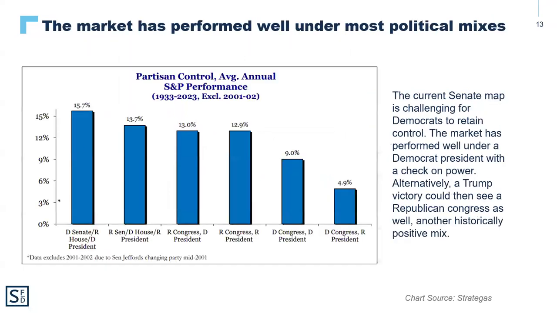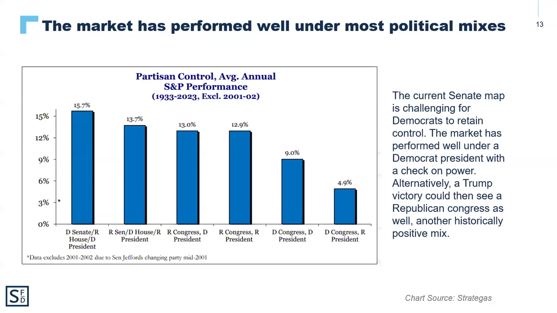And when push comes to shove, the market's been able to perform well under a variety of political mixes. This chart is showing the different mixes between the presidency and Congress. And what you can see here is that stocks have averaged a gain under all of these mixes. Polling is very tight, and the outcome of all of these races may not be known for weeks until after the dust settles. But hopefully this does give clients some comfort that the political mix is not typically the main